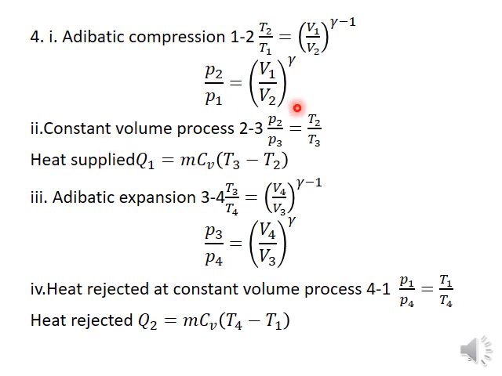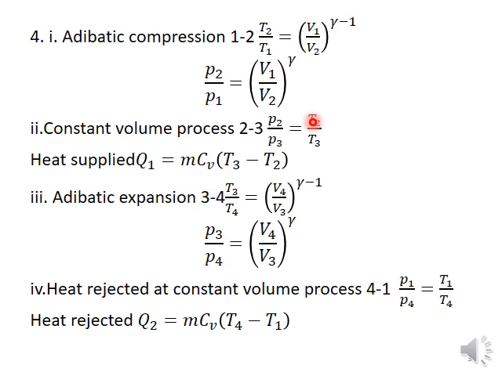That's why we can write that P is directly proportional to the temperature, and the process represents T2 to T3. That's why P2 by P3 is equal to T2 by T3, because here the volume remains constant. The volume remaining constant means there is no work done in the system, so work done is 0. But as the pressure increases, temperature increases, because pressure is directly proportional to the temperature. Both the pressure and temperature of the air increase to the maximum value in the cycle.